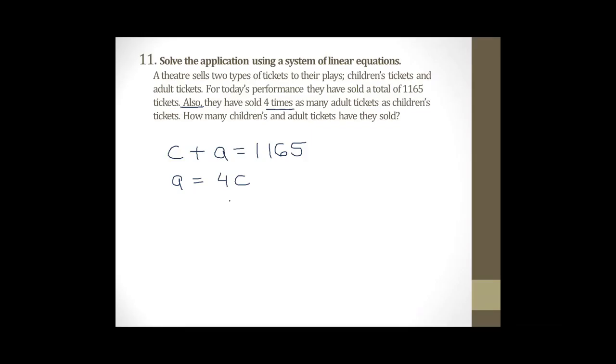In this case, I'm choosing the substitution because right here the system is already solved for A, so I can substitute that in for A into the first equation. So C plus, and now for A I'm going to plug in 4C, is equal to 1,165. Okay, solving for C, I have an imaginary 1C plus 4C gives me 5C, and that's equal to 1,165, and then dividing by 5,